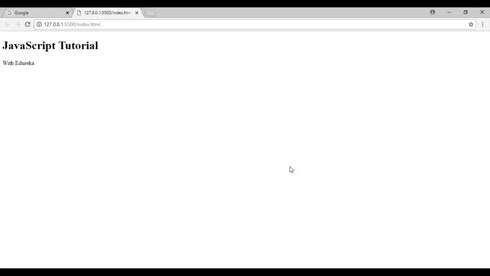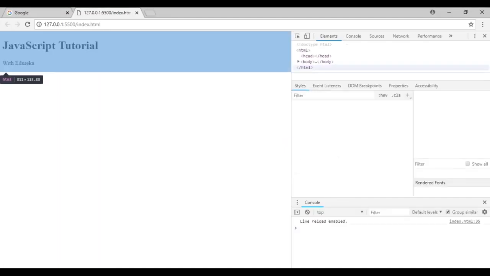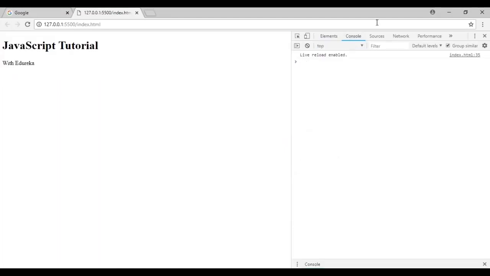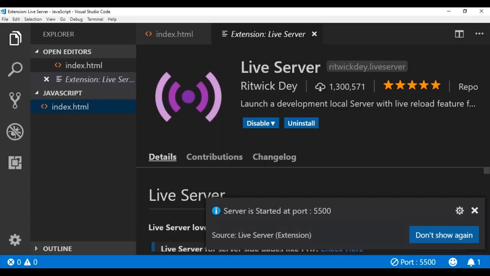Now you can even check the console from here. This is the JavaScript console. All right. So this will just open up your default browser and direct it to this address. All right. Now this address is where our application is served from. Okay, so here you can see the console as well. Now let's write our first JavaScript code. So go back to Visual Studio.